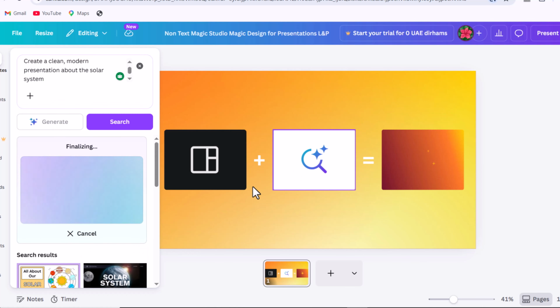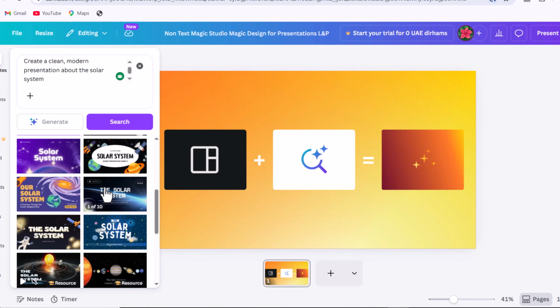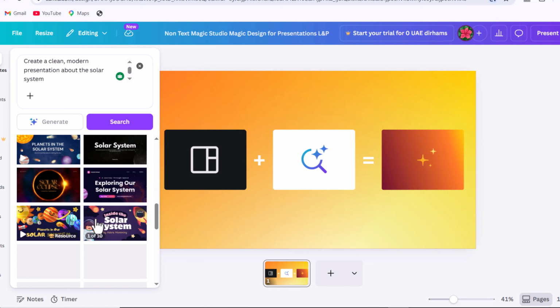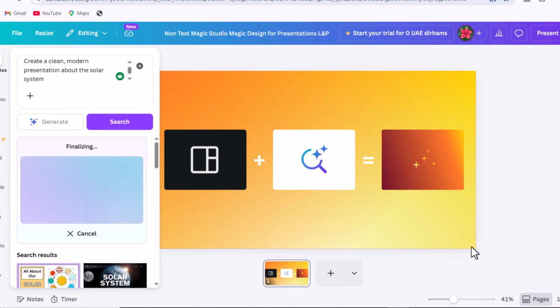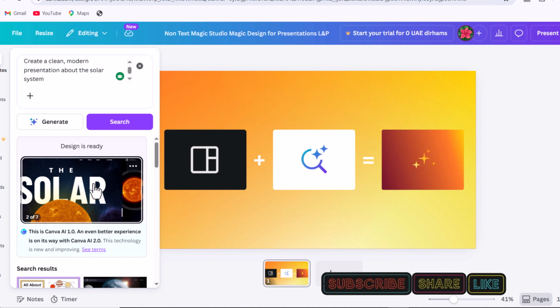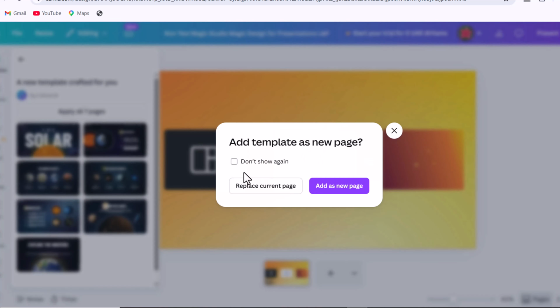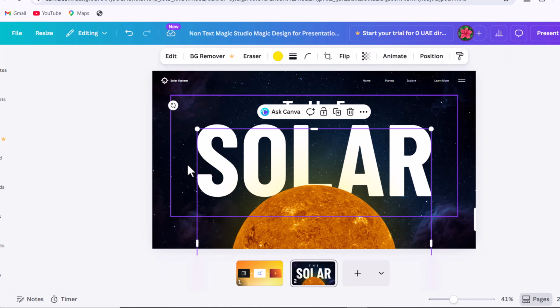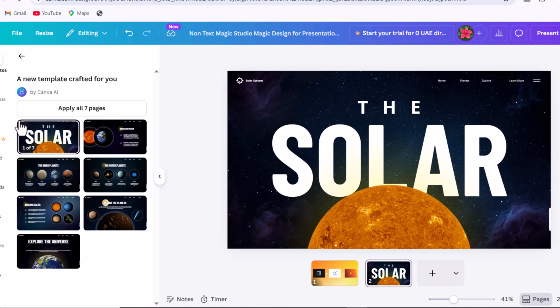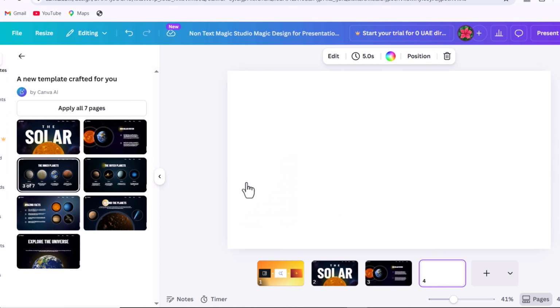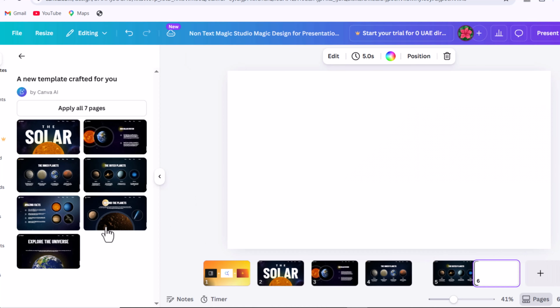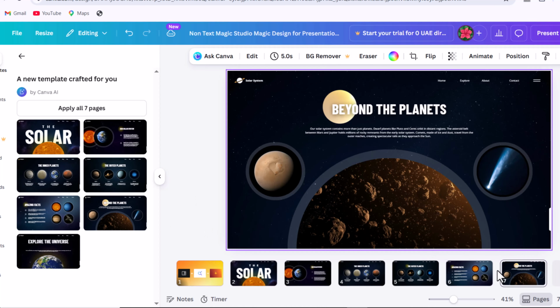Slides, layouts, colors, everything already structured. So instead of spending hours adjusting fonts, spacing, and templates, you already start with a professional-looking design. And the best part? You can still customize everything after that. Honestly, for beginners especially, Canva AI feels like having a designer sitting next to you.